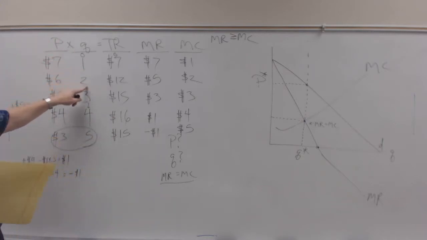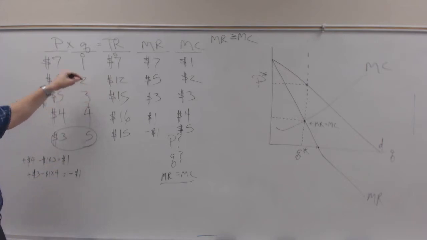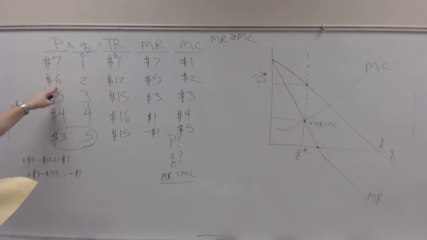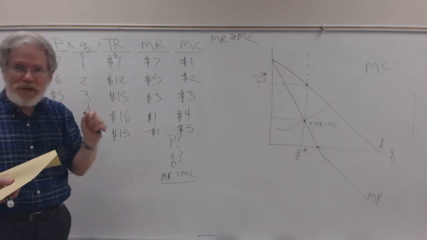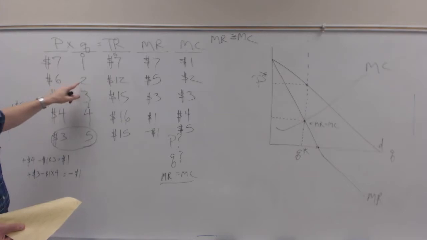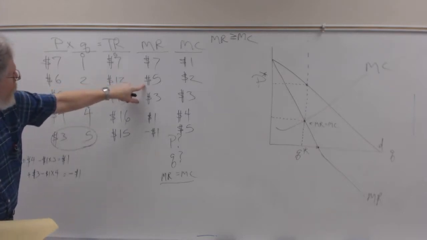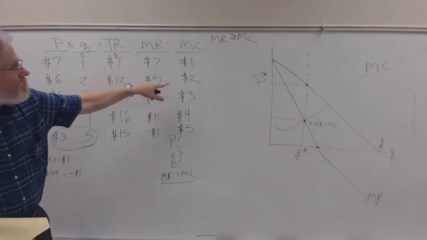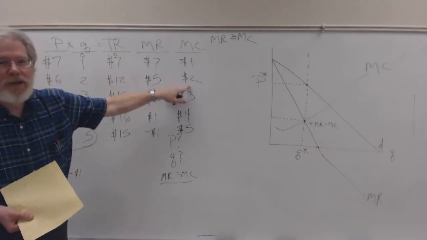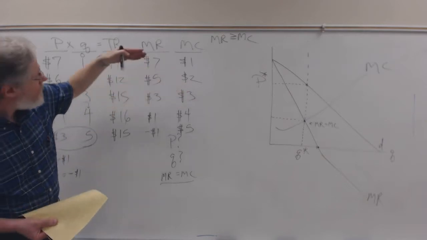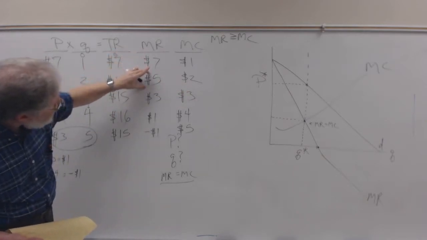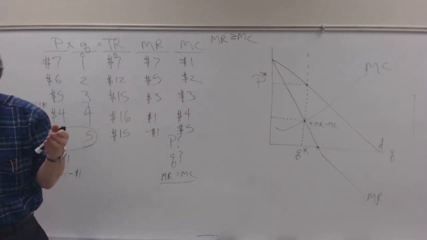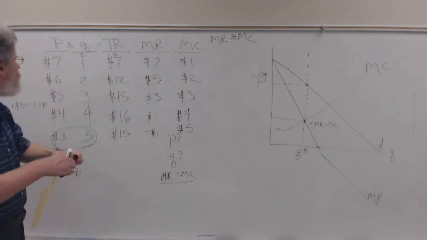Looks at the second unit. Is it worthwhile to produce you? Well, if I produce you, in order to sell this unit, I have to cut my price to 6. So I'll be selling for $6 per unit. The extra revenue I get from selling that second unit is 5. But the extra cost of producing that unit is only 2. Since I'll bring in more revenue from that unit than cost, it's worthwhile to produce that unit if I'm going to produce anything. And so he says, yes,